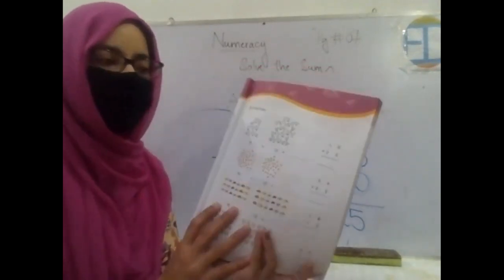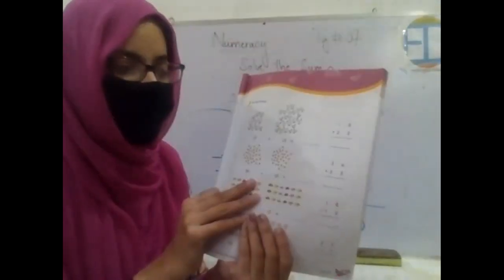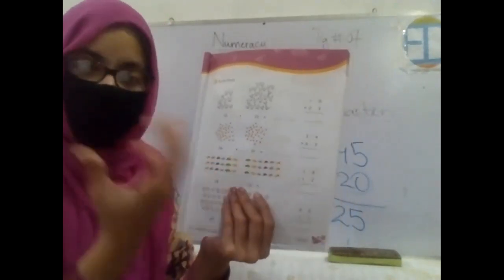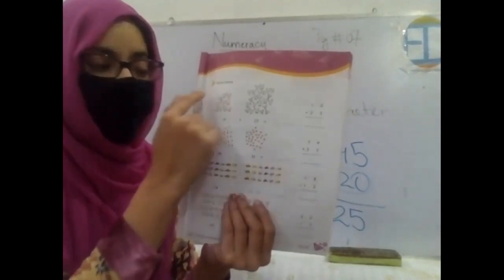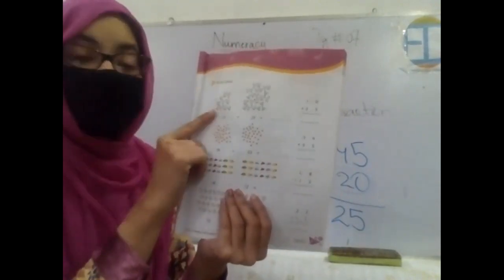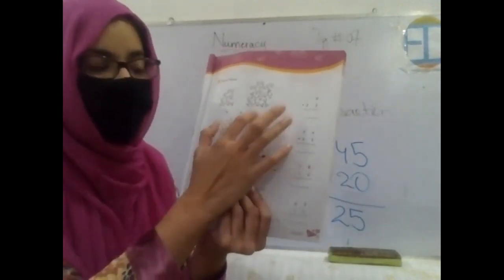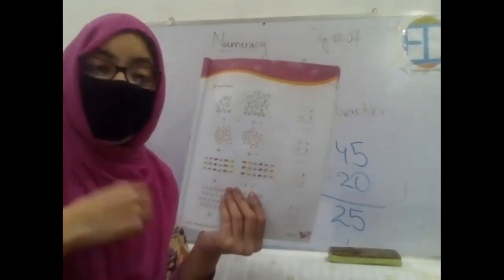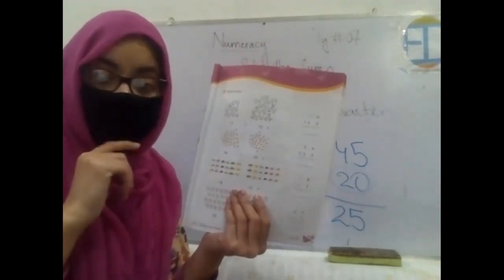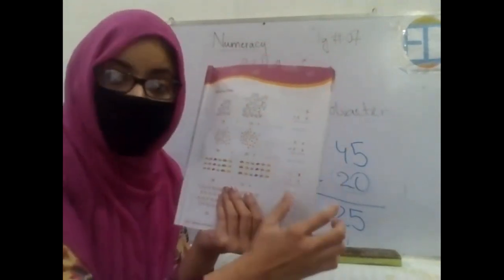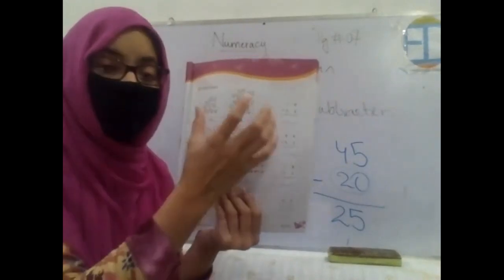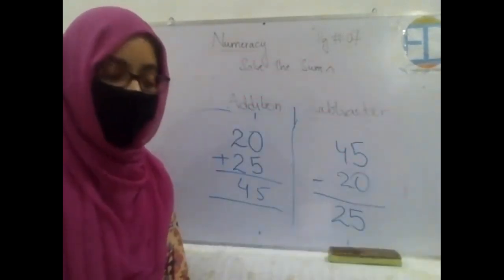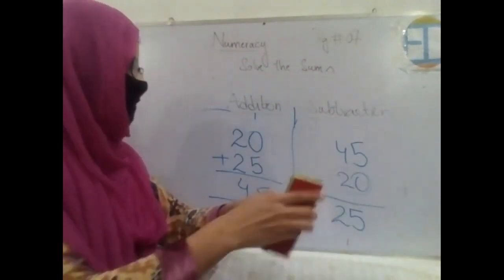Okay, so look at the very first question. There are pictures in which chickens are given to you, right? On the left hand side, there are 10 chickens, and on the right hand side, there are 23. And what you are supposed to do, you are supposed to add them. So, adding them means that you are supposed to put them together. Or let's say if we want to combine or put all of these chickens together, what's the number? So, what you will be doing, you will write the number in the form of this.